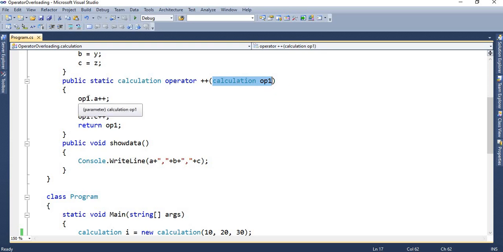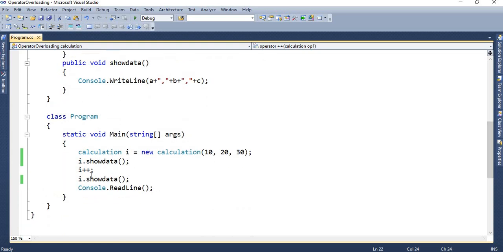That object name dot a plus plus: the value of a is 10, and after a plus plus, it will become 11. Likewise b plus plus, c plus plus, and then return the value of op1. It's an object, so this object contains the updated values of a, b and c.